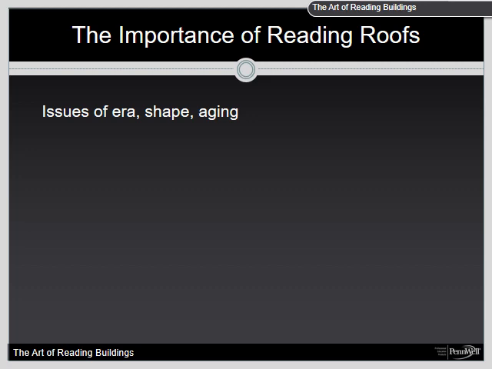Also, the roof can help identify the era of the house when it was constructed. There are 3 general roof categories: East Coast, West Coast, and No Coast. Key factors to look at, of course, the era the home was constructed, what shape the roof is in, as